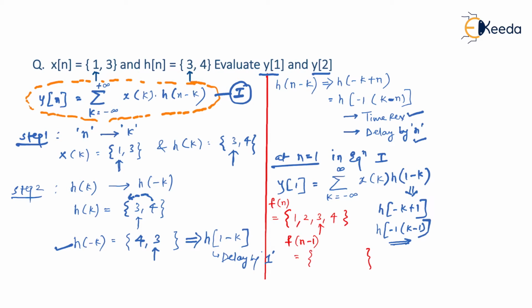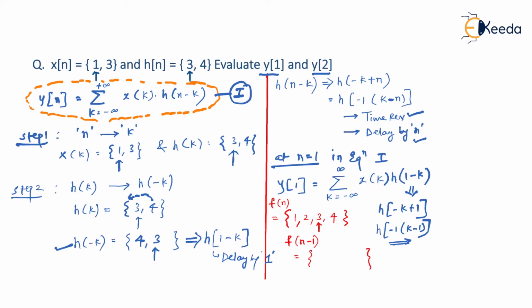But what we can do is, we can either shift the signal or we can shift the arrow mark also. Try to remember this. I'm talking about this arrow mark. Whenever you delay the signal, shift the arrow to the left, and whenever you are advancing the signal, shift the arrow to the right. So I repeat, whenever you are delaying, you shift your signal to the right. So whether you shift your signal to the right or you shift the arrow to the left, it is one and the same thing. So I'll talk in terms of the arrow.